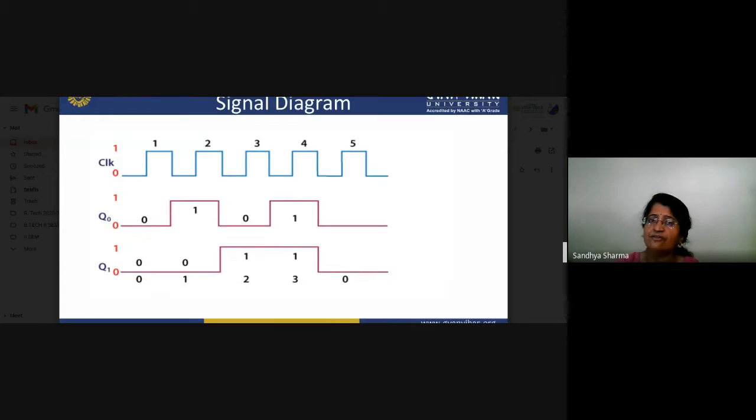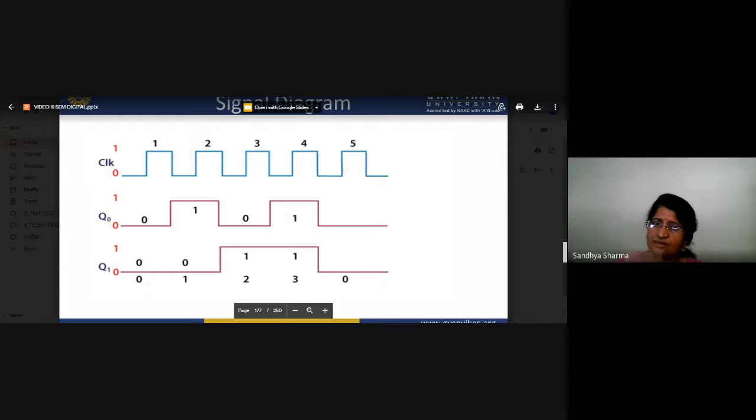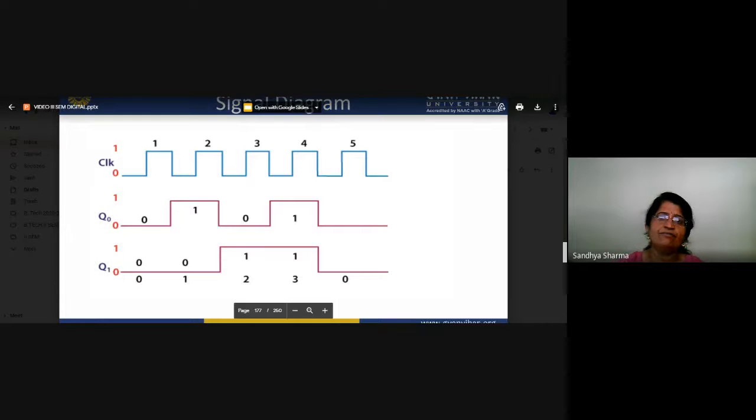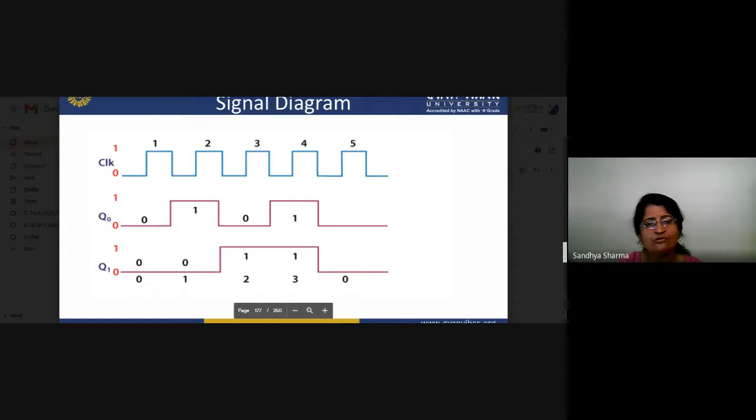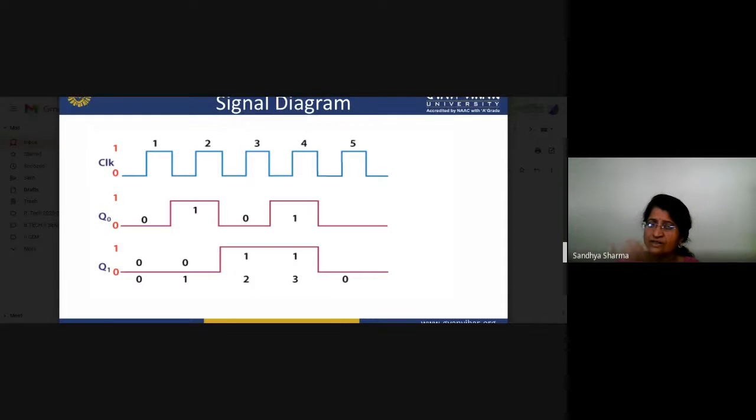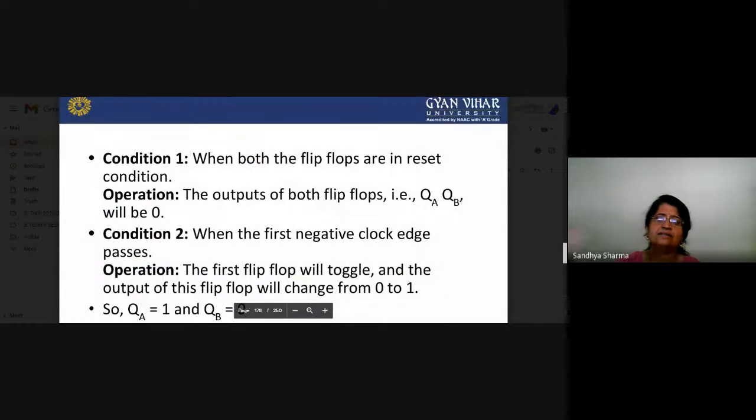And when the negative edge triggering of your second flip flop occurs, at that particular stage your first flip flop output is clocked to the second flip flop, which again becomes the trigger for the next flip flop. Whatever inputs you give, you give all the flip flops the same input, high. So at that stage your second flip flop will be activated and go high, and it will stay high till it again receives a negative edge trigger. The same thing continues.